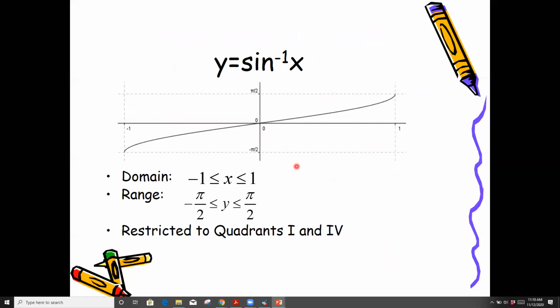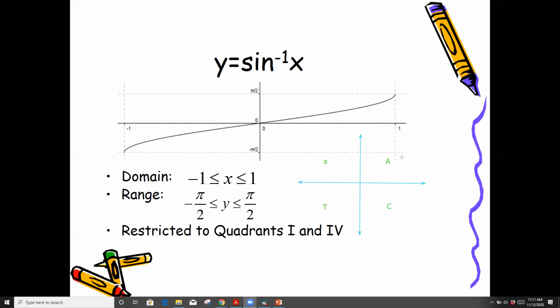You get the graph by graphing y equals the sine of x, switching x and y, but then limiting your range between pi over 2 and negative pi over 2. You could think of that as quadrants 1 and 4. And if we draw out the All Students Take Calculus thing, we could see another reason why it makes sense to restrict it to quadrants 1 and 4. So if we're talking about sine: All Students Take Calculus. So draw,